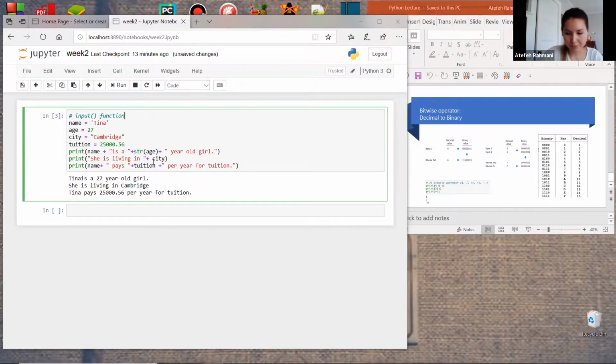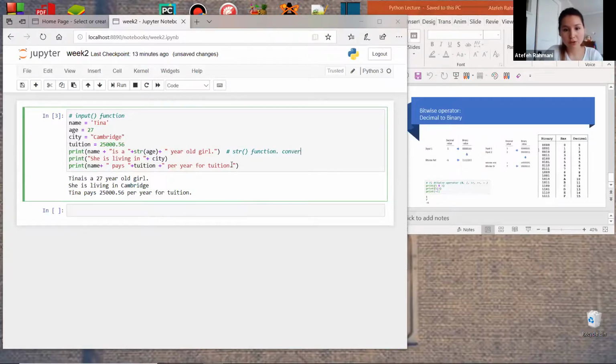Let me make a comment here. Also, when you want to save and have all the explanation for yourself, just make a comment in the line that you want to explain more about. Okay. Make a comment and start writing and explain whatever you want. So here we're using a string function,